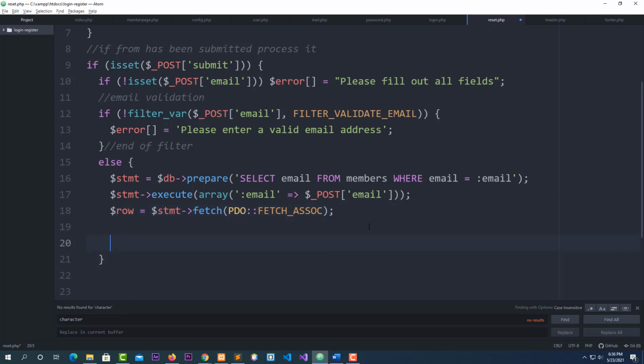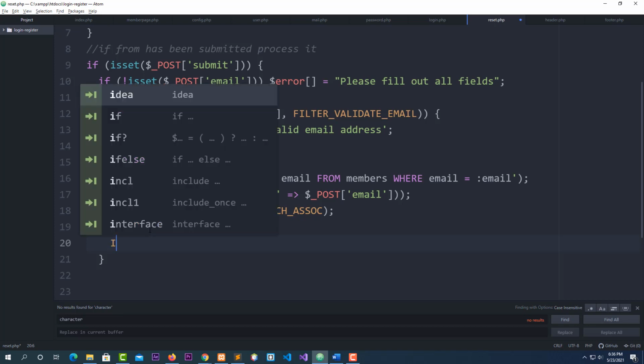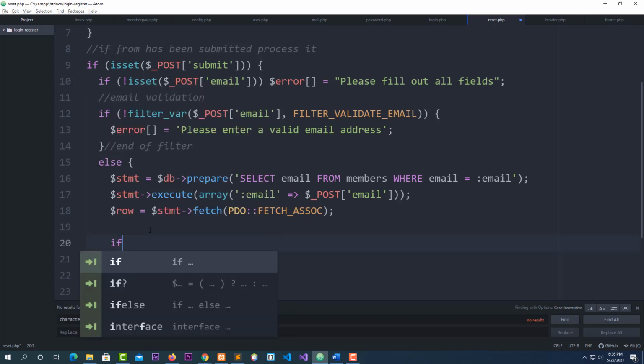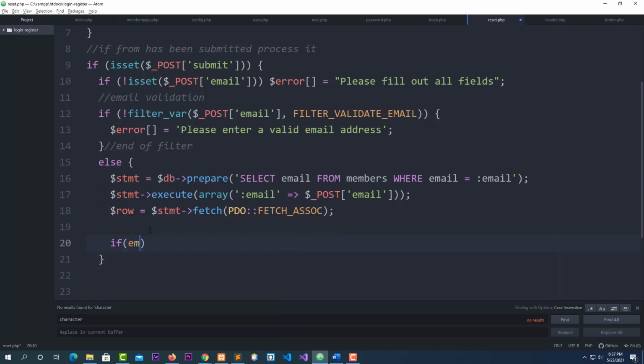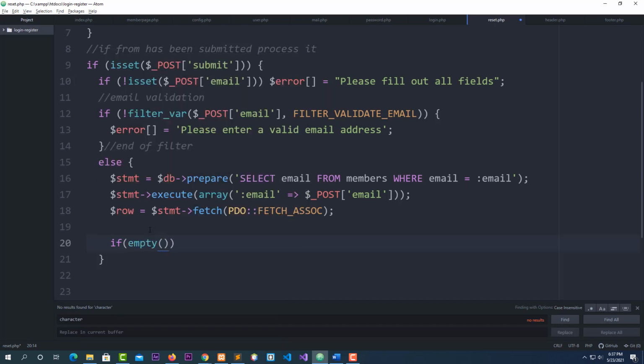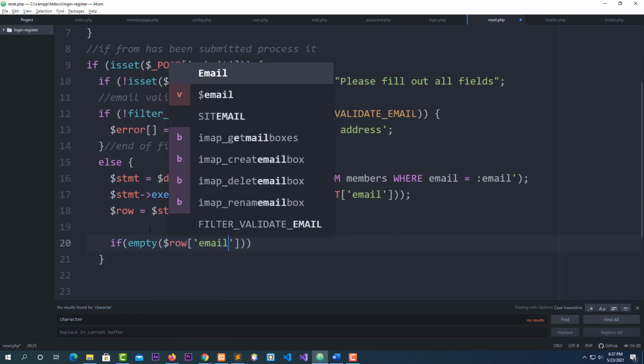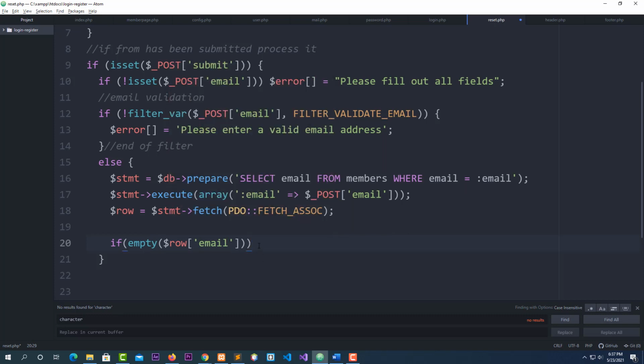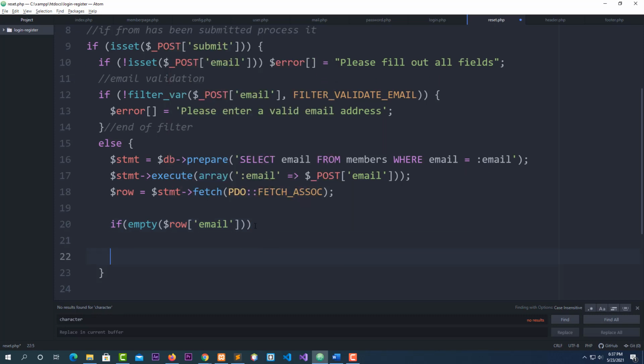Okay, now this is the else statement. I'm not done yet, but pretty much almost done. And I'm going to use the if. Now if the email row is empty, that's what I'm going to work on right now. If empty, the row, if the row is empty, the row email is empty. Okay, if the row is empty,